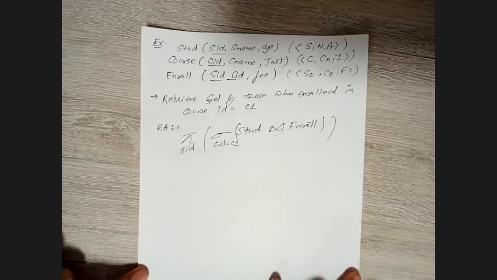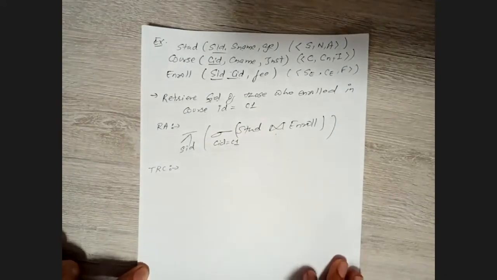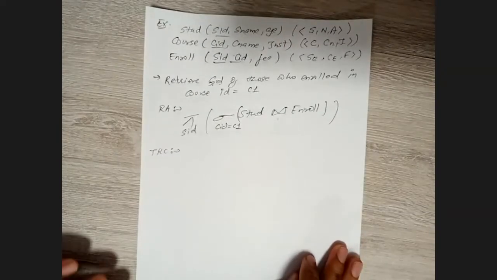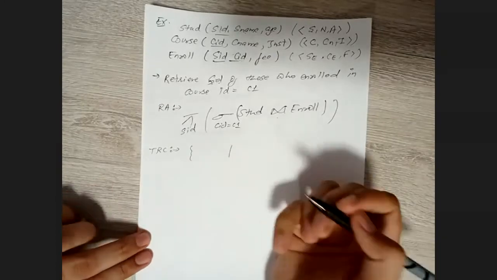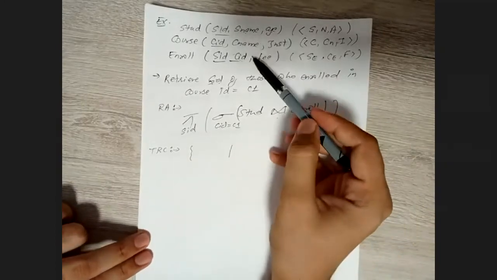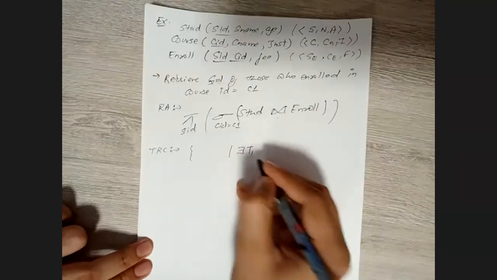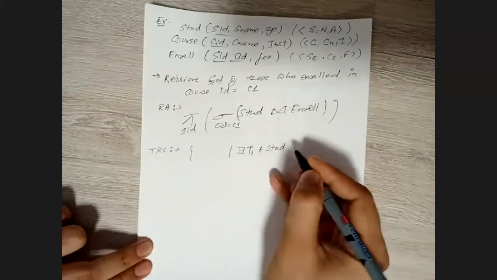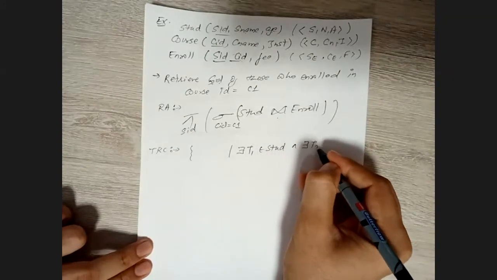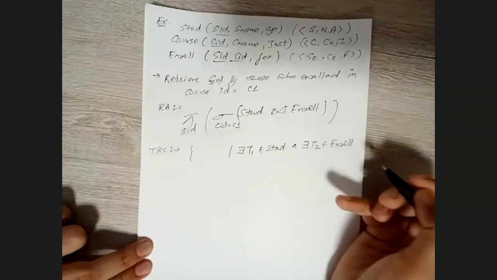I hope, I mean, you can write the TRC query as well. Okay, let me just frame it for you so that with the help of TRC, we can write DRC at the same point of time, right? So how will TRC look? Again, we know for TRC, if we have more than one table, then we need to give names to the tables. I'm writing that like there exists some T1 that belongs to the student table, fine. And there exists T2 that belongs to enroll. This is what we actually want, right?